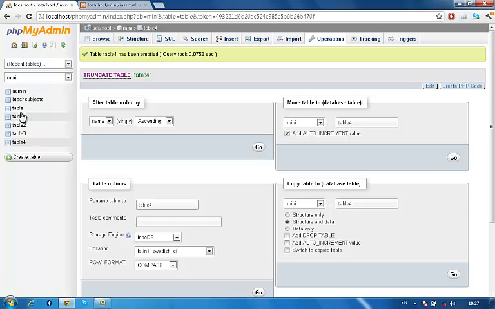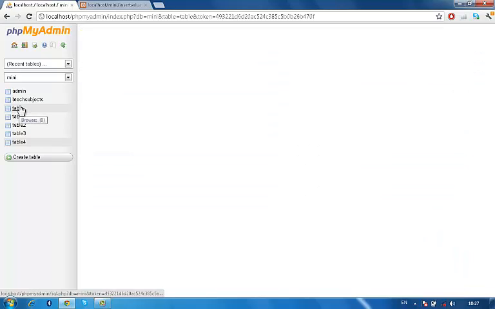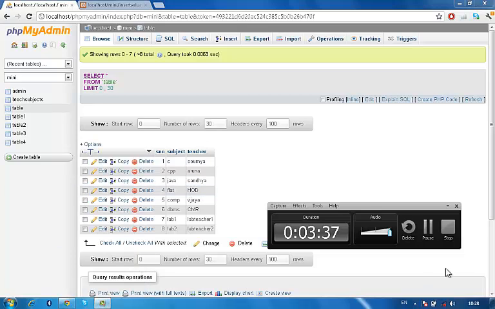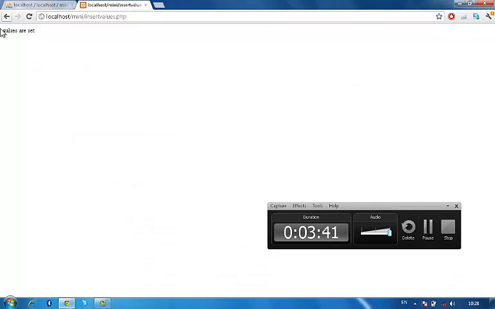As the admin selected all the values, these values will come and get stored in the database. As you can see over here, according to the serial numbers and the subject names, all these values will get set into this database. So now let's go back to the project. As all these values have been set,